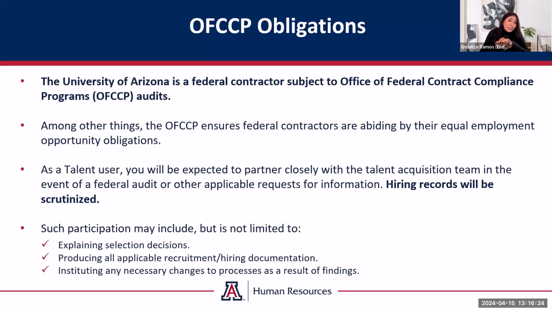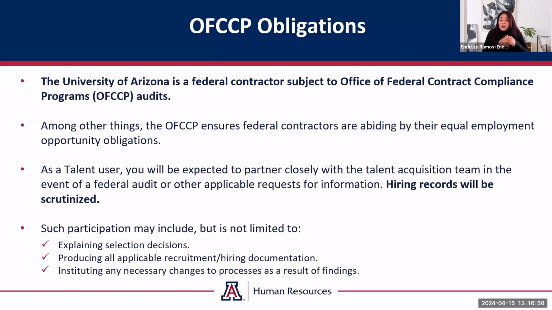When they are scrutinizing this information, it could be that we ask you to provide us information on selection decisions. So maybe tell us a little bit more about why some people moved forward and why others didn't. Now, Talent does give us a taste of some of that information, but a lot of times the information in there is not complete and we might need a little bit more detail, which is also why it's important to make sure that our system is up to date so that we can avoid questions if necessary and just have a holistic picture in there if we can.